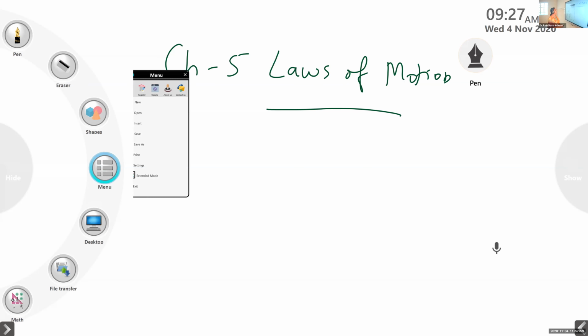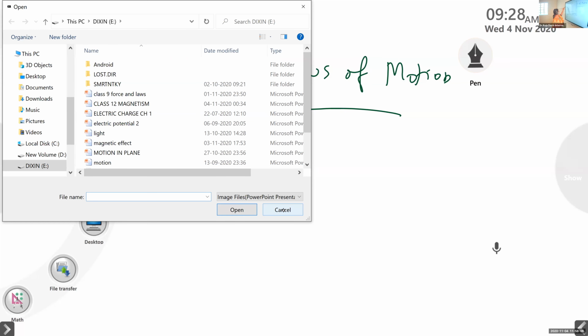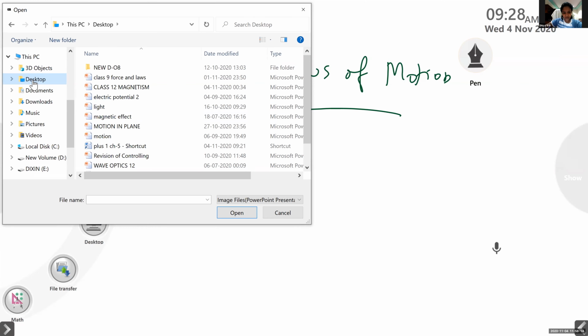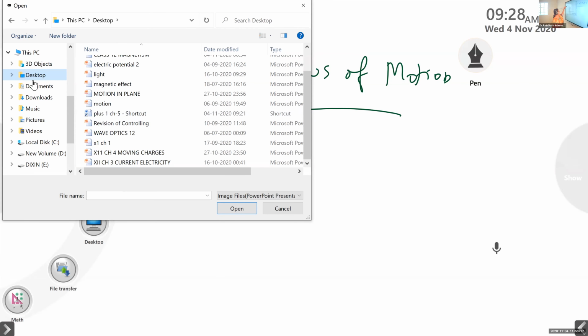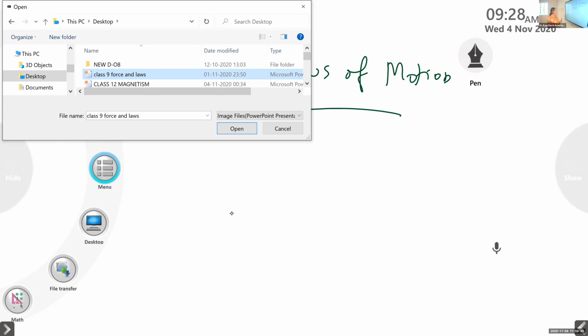So Newton's first law, we call it by another name. Anyone remember that name? Newton's first law, also we learned some term in that, starting with I. Anyone remember that? Inertia. Inertia, yes. So Newton's first law is also known as the law of inertia. So what is inertia? Since it is a 9th standard topic, anyone remember what ma'am taught you?